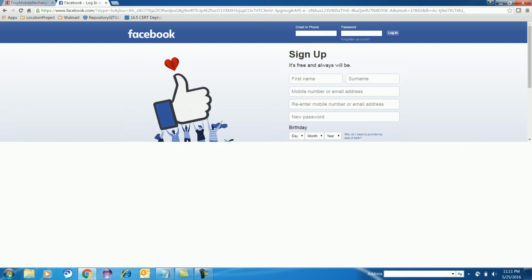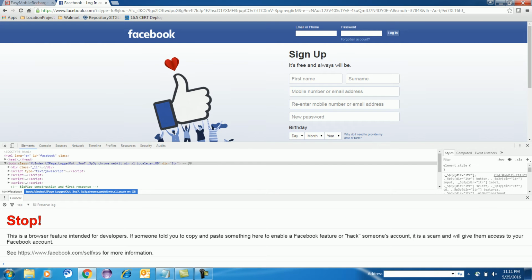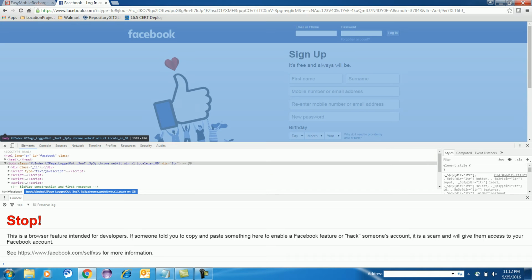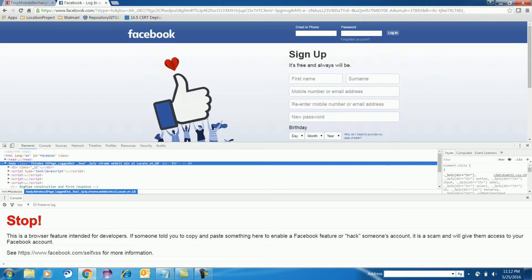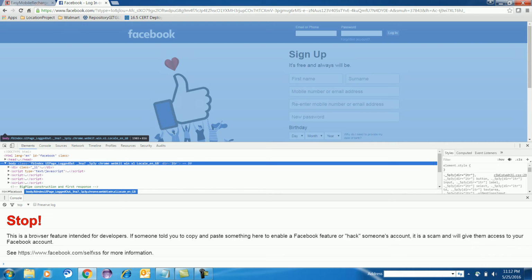I'll press F12. I just pressed F12, and this will open the Chrome console. As I already explained, this is our main class. When I move the mouse here, this background page is getting highlighted, which means this is the parent.